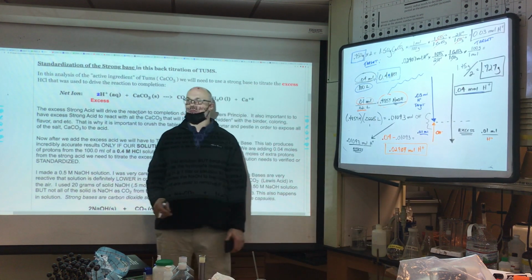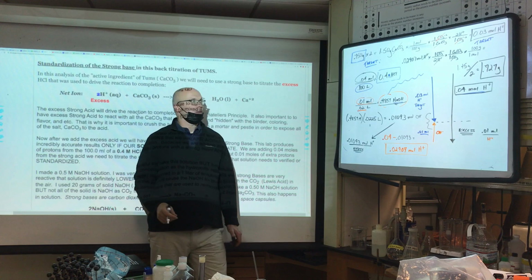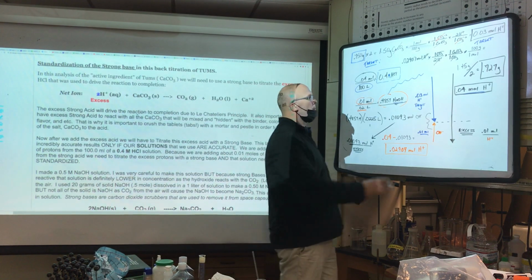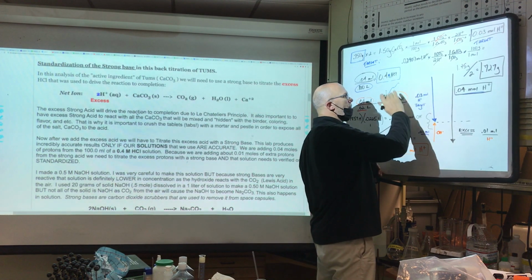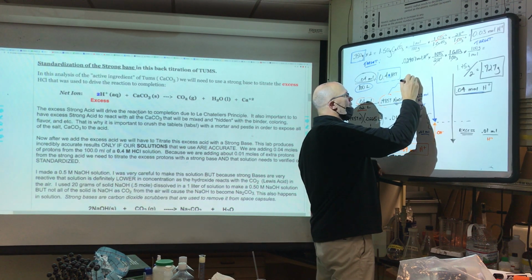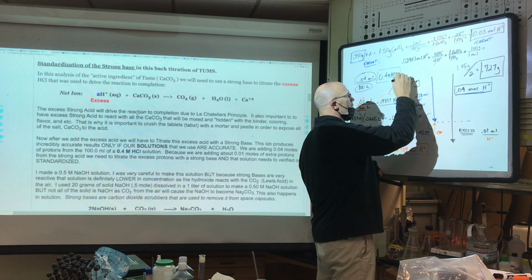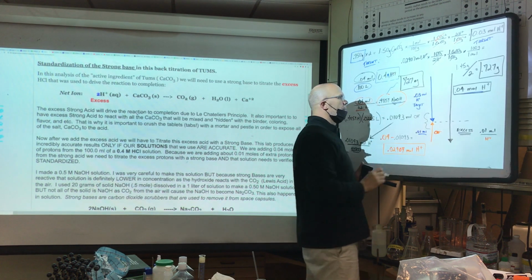You want to convert that to milligrams. Okay, you times that by 1,000. And so party people, from this work and a lot of effort, this lab group got 727 milligrams in their tablet,